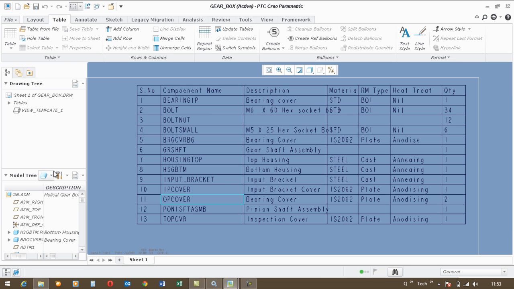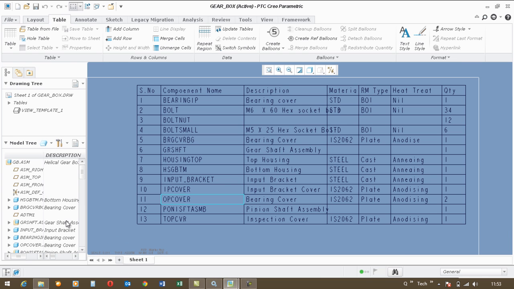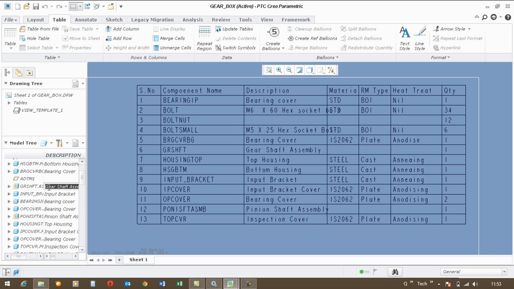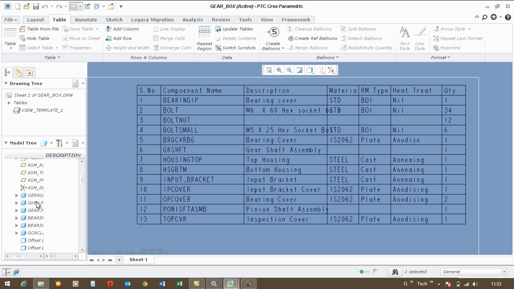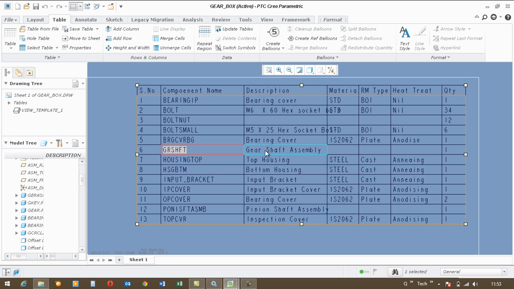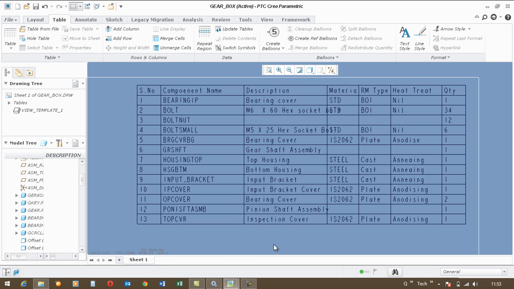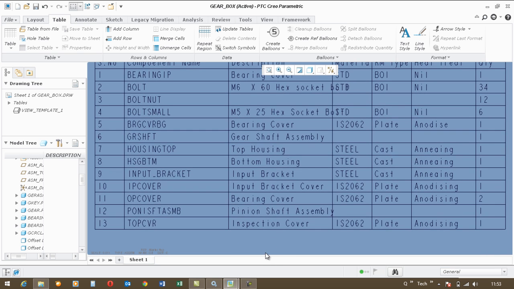One more thing I want you to note is that there are two sub-assemblies. Let me see this gear shaft assembly, which has a couple of components inside it, which are not listed on the table at all, which means only the first level of items of that assembly is being listed on the table.